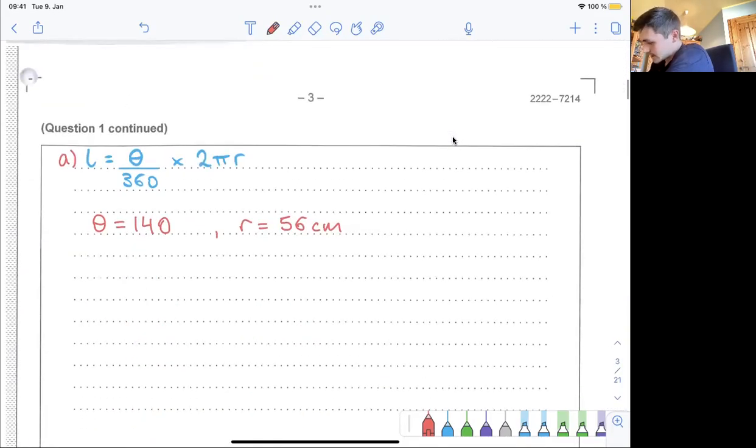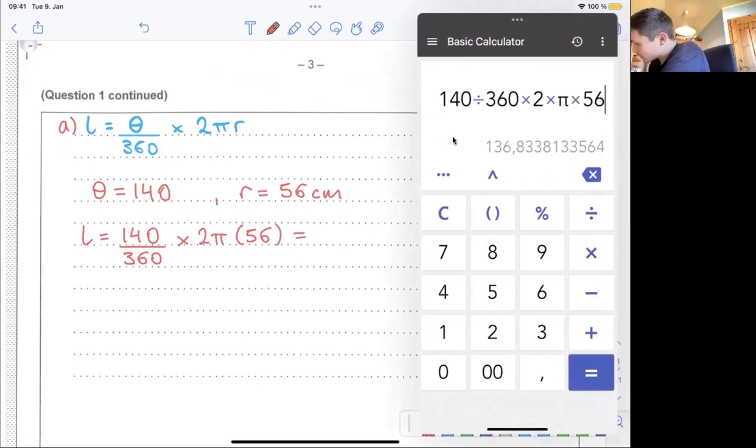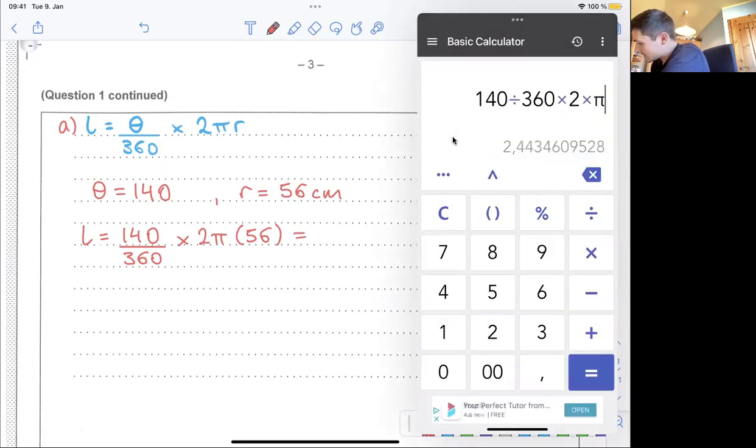Now we're just going to put these into our formula and into our calculator, and we'll have the answer. L is equal to 140 over 360 times 2 pi times 56. Now I'm pretty sure I've already got that in here. Yeah, we'll do it again now. 140 divided by 360 times 2 lots of pi times 56. Okay, gives us